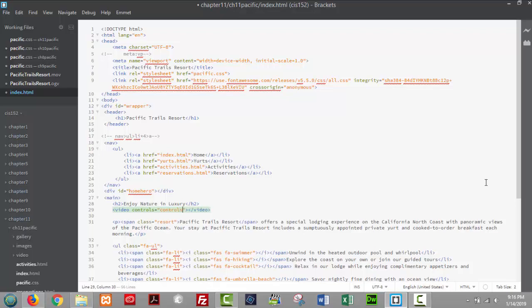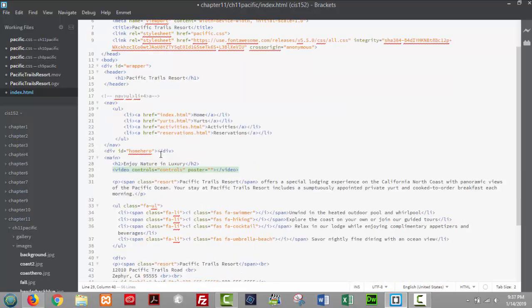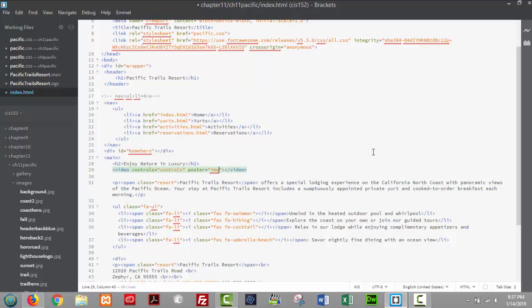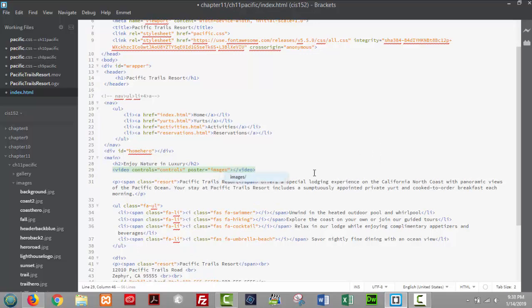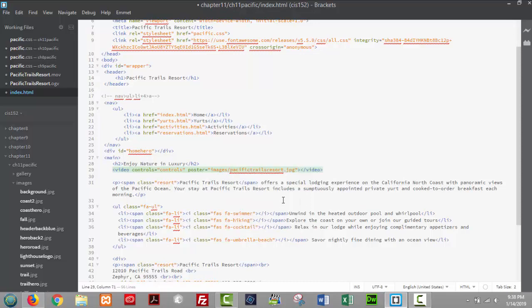And I'm going to type in controls as the value. And the next attribute that I'm going to use is poster. So the image that I'm going to use is in my images folder. So I'm going to type in images. And I'm going to look for Pacific Trails Resort JPEG. Now if you go back to your Canvas Blackboard Chapter 11 assignment, you'll see that I added in this image